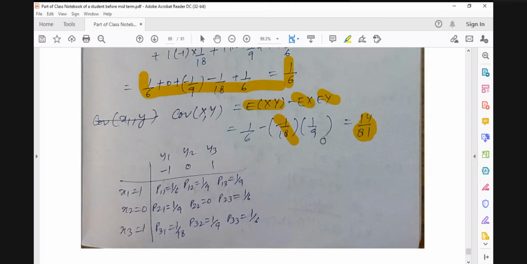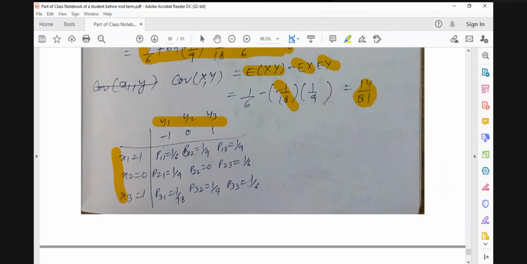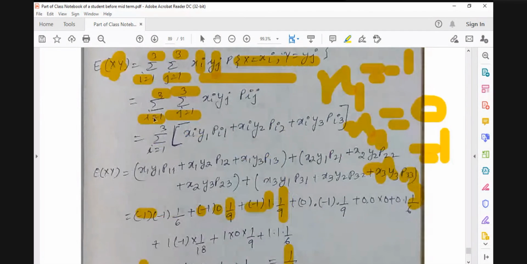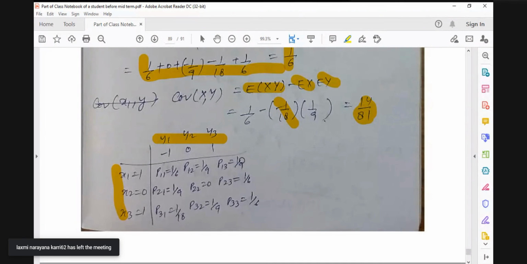Okay. So in this he has used the indices x1, x2, x3 when he tries to calculate this expectation of x into y. He used these new indices. So if 1, 2, 3 is used, then he has to rethink about the table. Or you can easily write that, because we are assuming the index i is moving from -1 to 1 and j is also moving from -1 to 1, then you can easily write in this format.